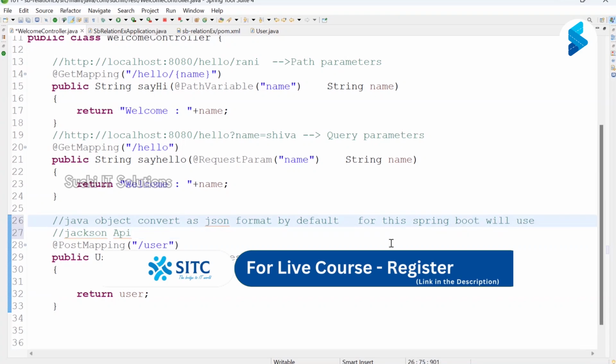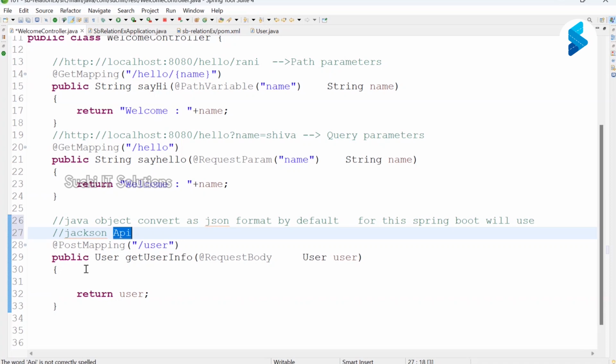So Jackson or JSON, like this, we have some APIs, and using these APIs we can convert Java object to JSON format, and JSON format to Java object. Do you understand, guys, please, everyone? How is a Java object converted to JSON format by default? Internally, Spring Boot is using the